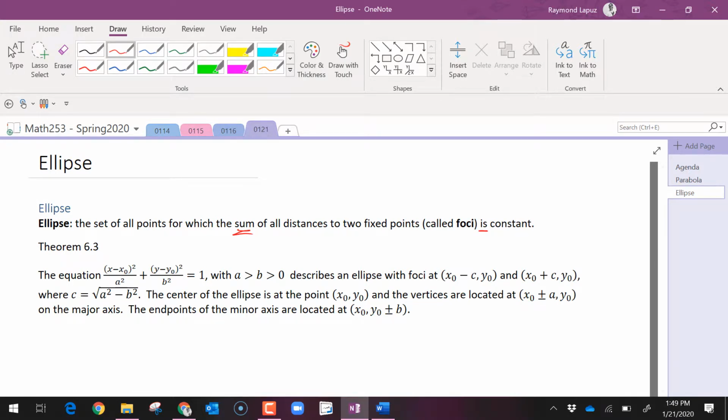And then you have ellipse with foci, that's the focus points, and a c that's introduced with the foci. The center is going to be x naught, y naught, and the vertices are located offset. So where a, the denominator under the x squared, is bigger than b, your ellipse is going to look like,